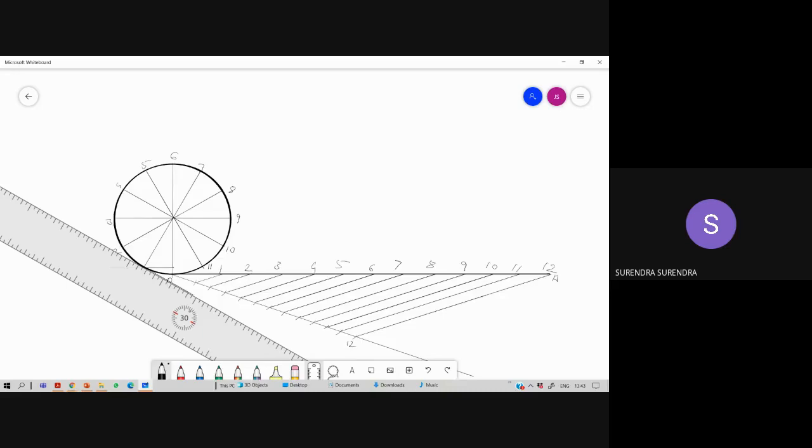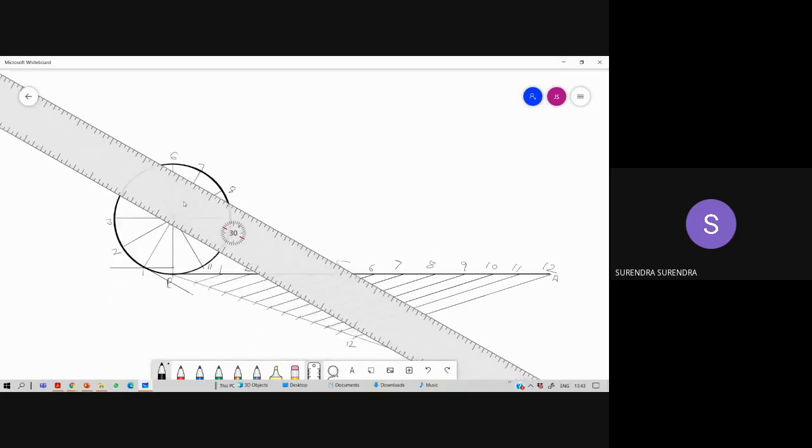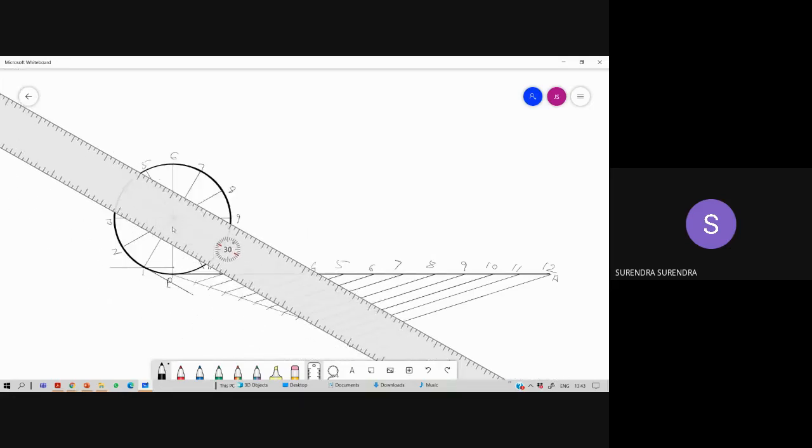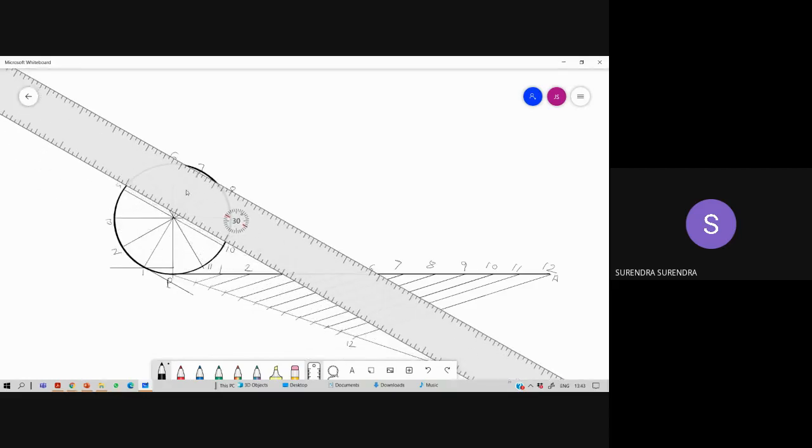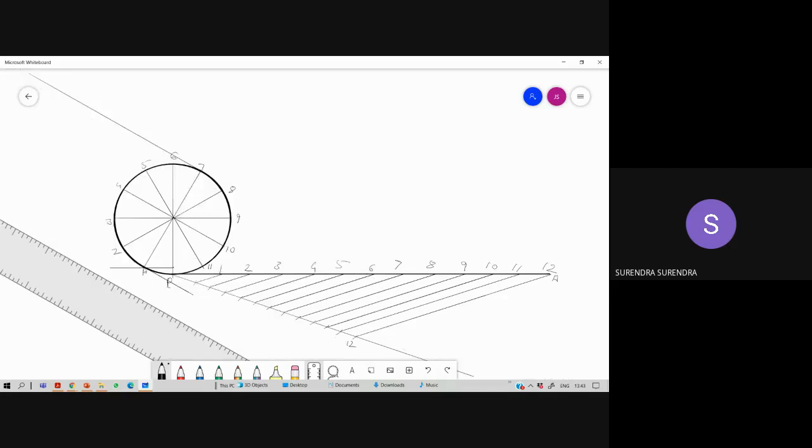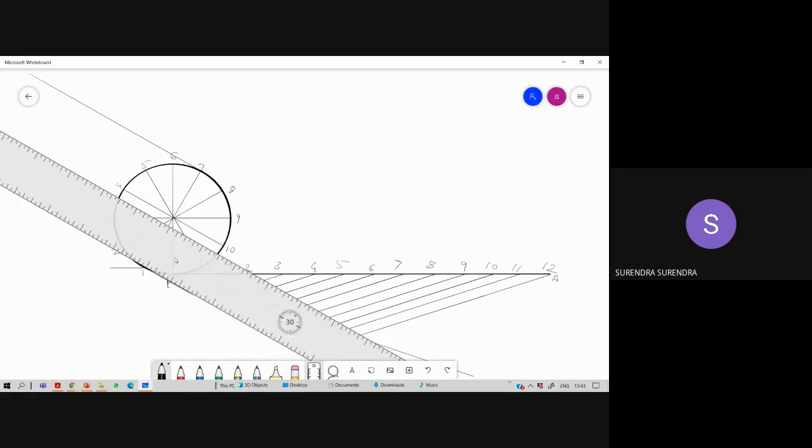So coming to length, how much length? It should be around P to 1 distance approximately. Similarly, at the same time, move the drafter to 7 also, moving the scale parallelly. Draw one more perpendicular line at 7. So if you observe, the accuracy of this problem mainly depends on how perpendicular you are maintaining, how accurately you are drawing these tangents. These lines must be exactly perpendicular to the line 1 and 7. Next.